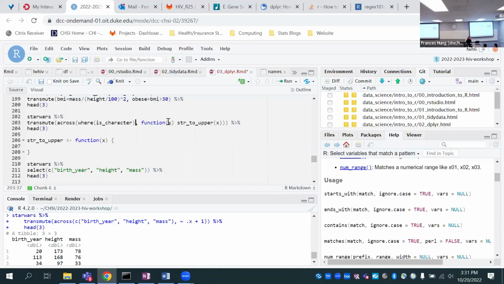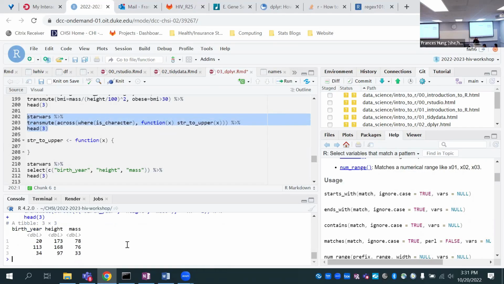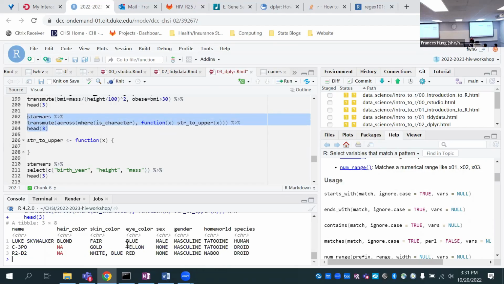Okay, so we have our Star Wars data frame, and we have some character columns, which I do not remember off the top of my head. There are columns that you see on the console, and if you want to change them, originally they were all probably just regular character columns with uppercase first letters and lowercase rest of letters. Then we'd like to select all the columns which are characters first.